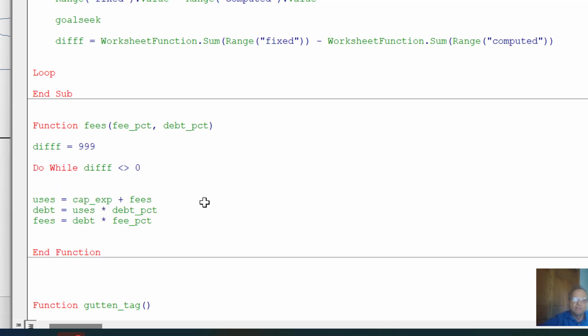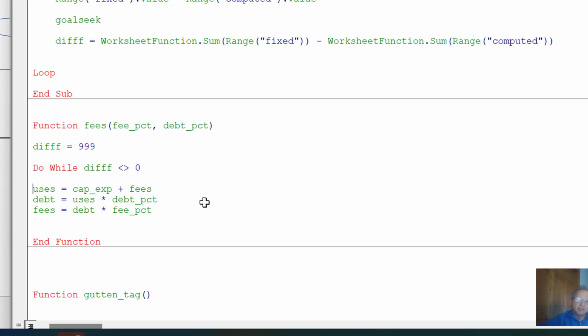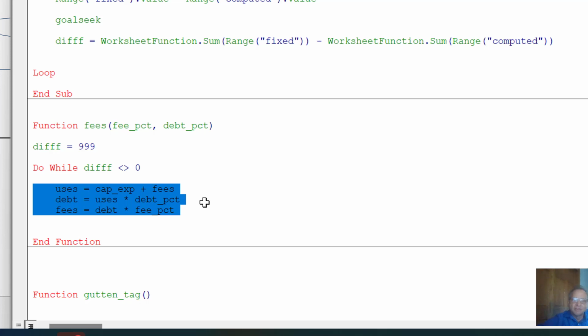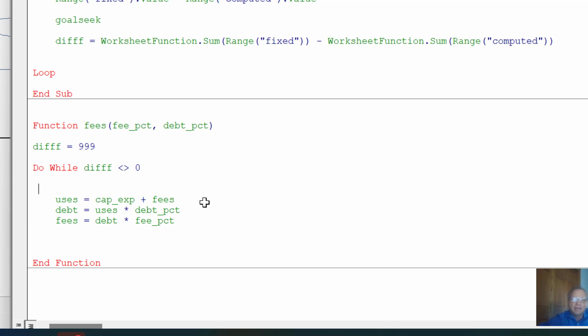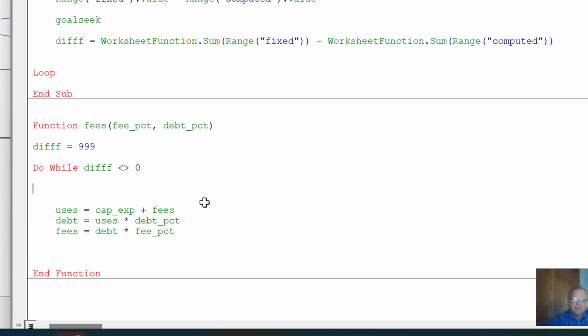Now, the reason we need a do while, and whenever you have a do while, it's a little better form to indent it a little, is because we have the fees up here, and we have the fees up here, and we've got to go around and around. And then here's what I do. I would put last fee